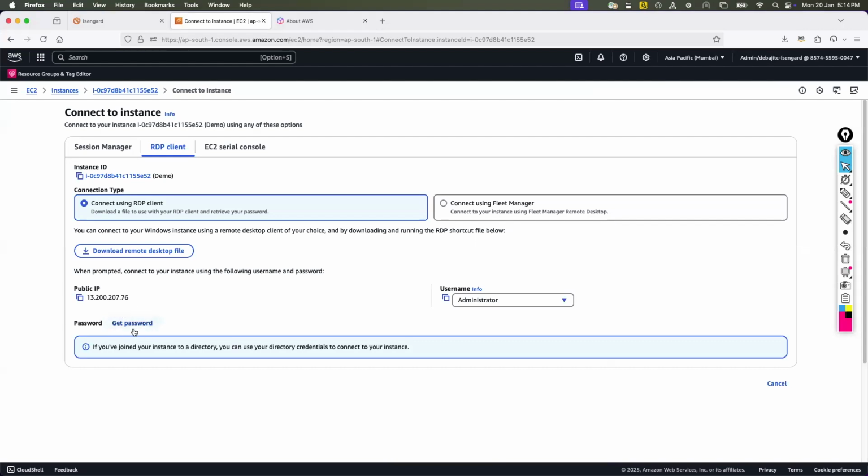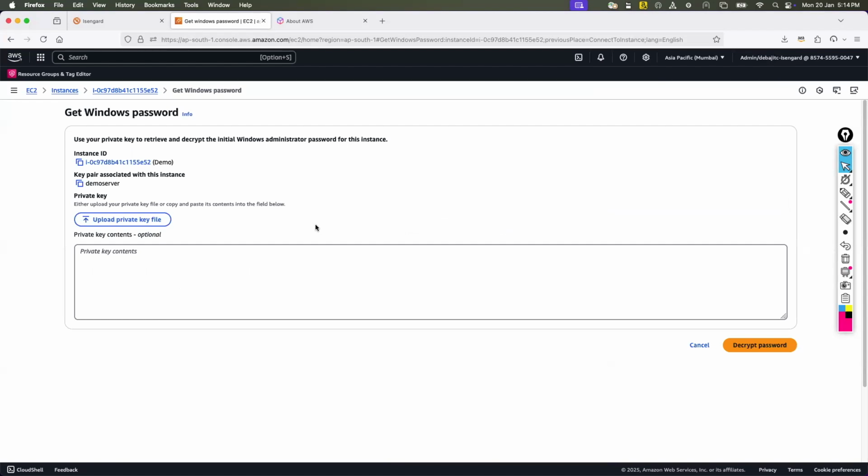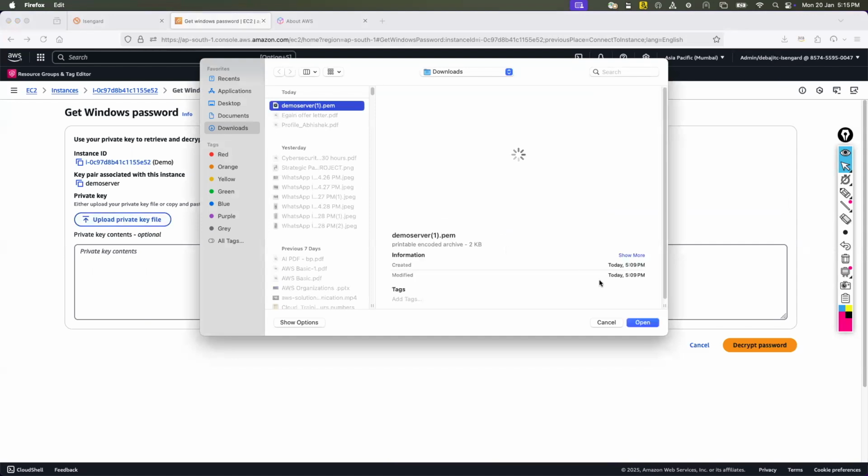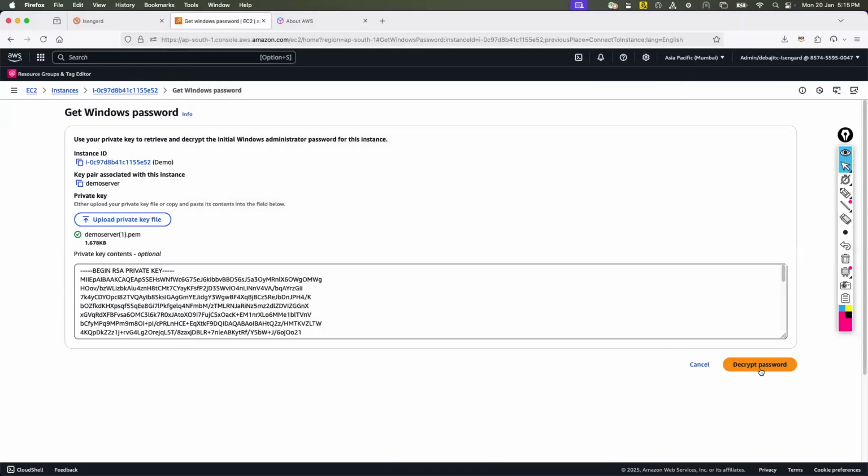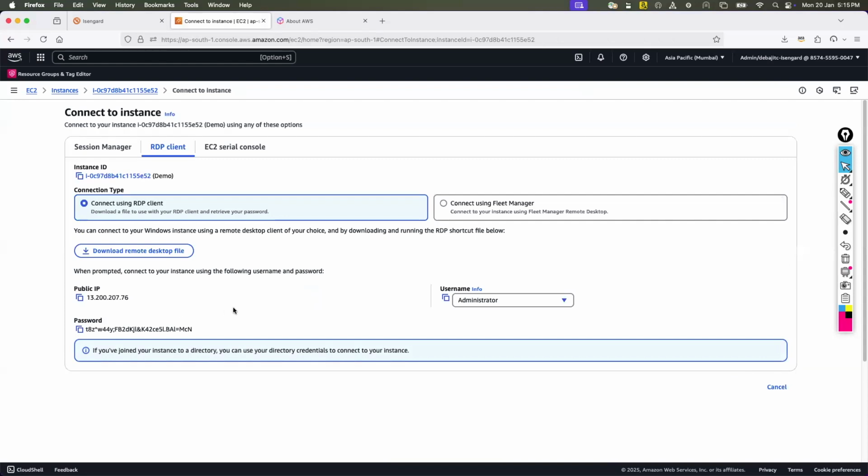So here you see there's an option called Get Password. If I just click on that, you remember, I created a key pair. You remember? Then I told you that a key pair is nothing but the certificate. So now we need that key pair to generate the password. As simple as that. So I need to upload the key pair from my download folder, and then I have to decrypt the password so that AWS gives me a very easy password. Just jokes apart, it's not easy, right? It is very complex. At least I cannot remember. If you like, you can change the password at a later point of time.